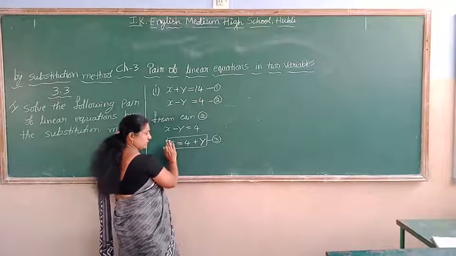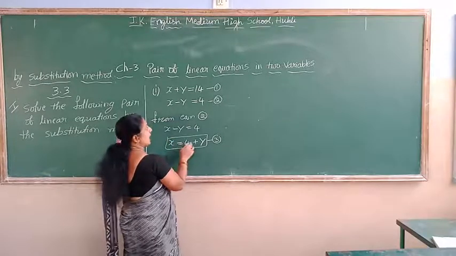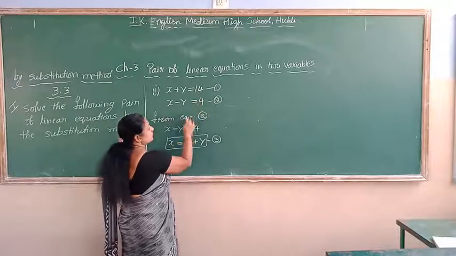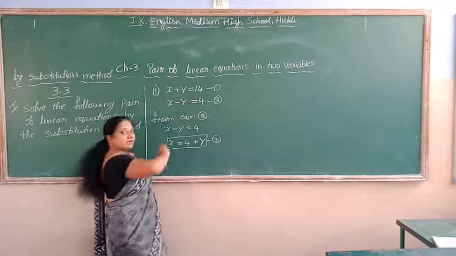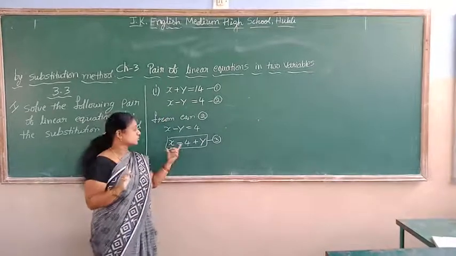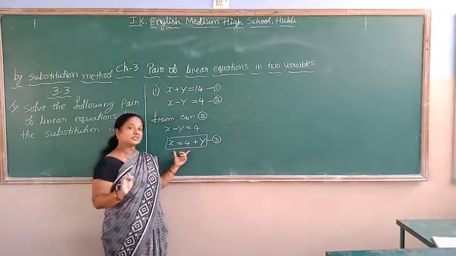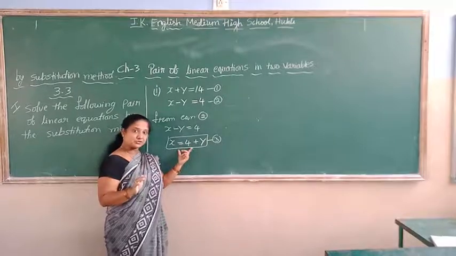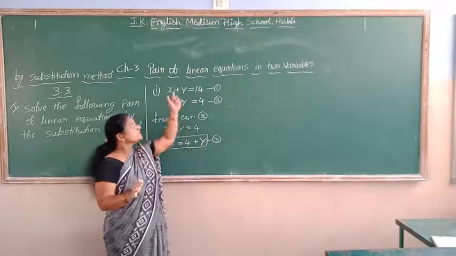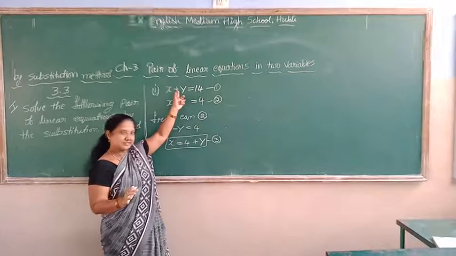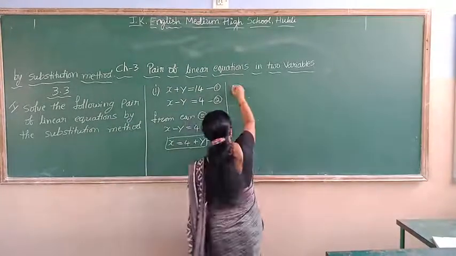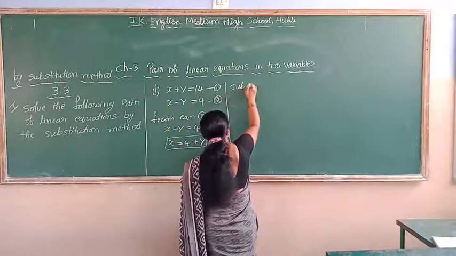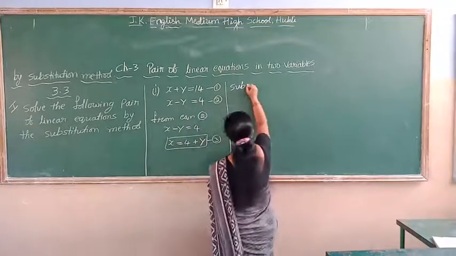So I converted it in the form of x. Which equation have we taken to convert this way? Equation 2. So this one I have to substitute in equation 1. The equation we have taken to convert, we should not substitute in that. We have to substitute this x value in the form of y in equation 1, children. So now I am going to substitute this equation 3. Substitute. So the name is substitution method.